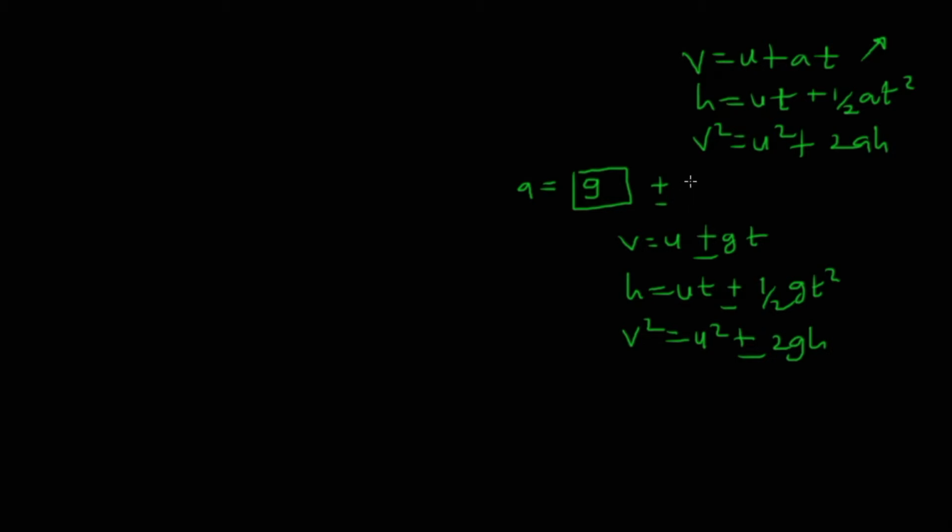That means we have two cases: the case where the object is moving upwards, that is when the gravity will be negative, and the case where the object is moving downwards, that's where the gravity will be positive. Now let's consider a case where an object falls vertically downwards. Objects that fall freely have accelerated motion because of the action of the Earth's gravity on them. For instance, if a piece of stone is held by a boy on this high-rise building at height h,